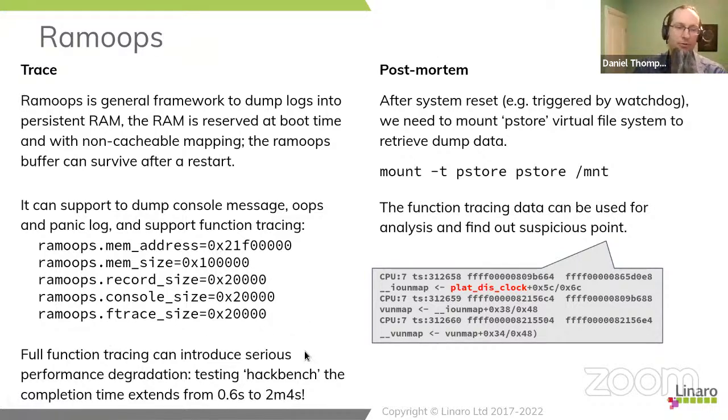So we have an example where we try to do a really aggressive ftrace. So rather than doing a targeted careful ftrace or just maybe tracing context switches, I think we pointed a full function graph trace and tried to store that in the buffer just to see how bad it could get. And we were seeing a couple of orders of magnitude in performance degradation. Hackbench was showing completion times going up from slightly less than a second to over 120 seconds. So big differences in performance are possible as a result of tracing to uncached memory. But if you're cautious about what you ftrace, this is still a very viable technique to try and figure out what was happening at the point we failed.